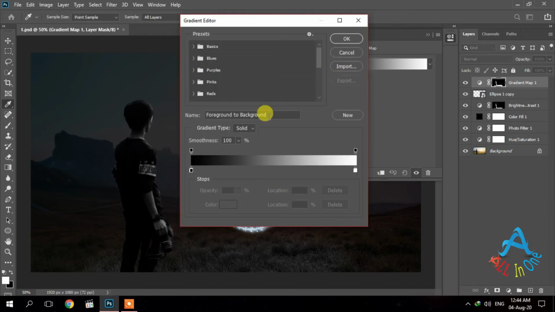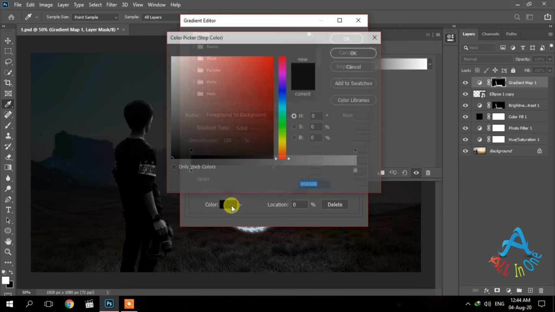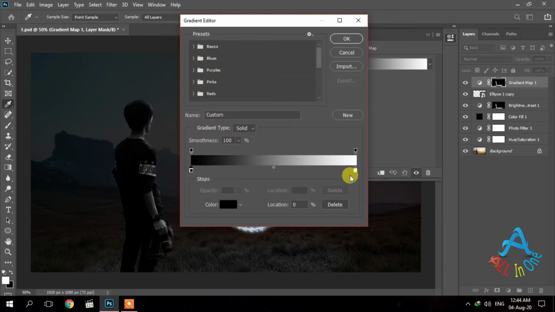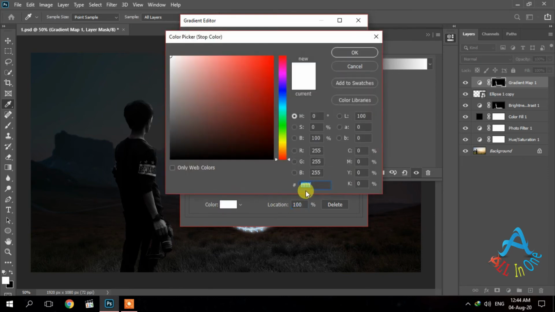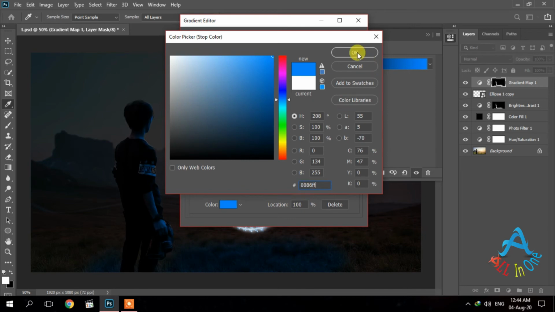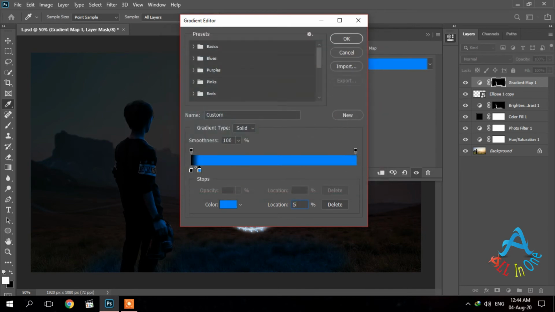Select the black color and click OK, and blue color 0086FF, location to 50% and click OK.